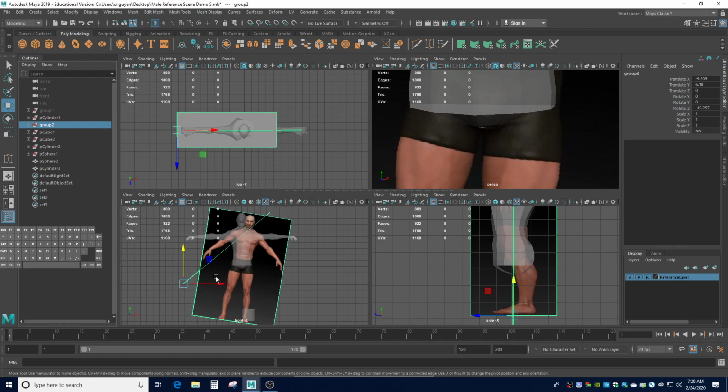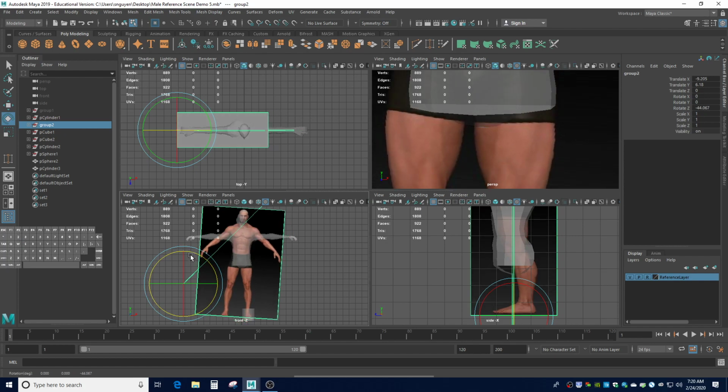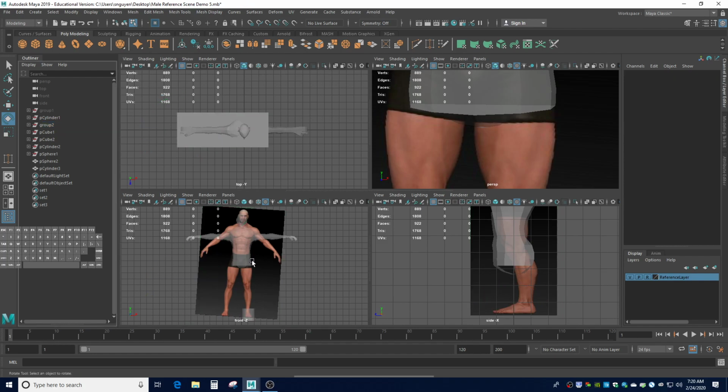Maybe a little bit more rotation this way. And again, this is not required, but keep your leg as vertical as possible here. And that looks good. So now I have a nice leg right here to use as a reference. Okay, so I'm going to leave group 2 as my rotated reference, and I'm going to go back and